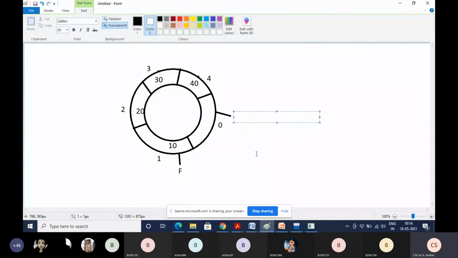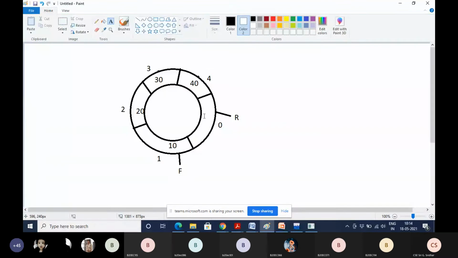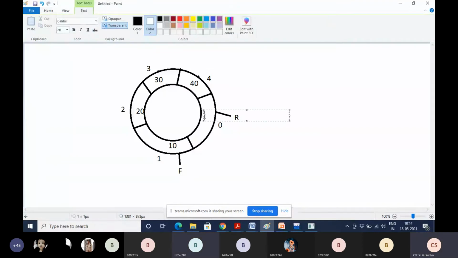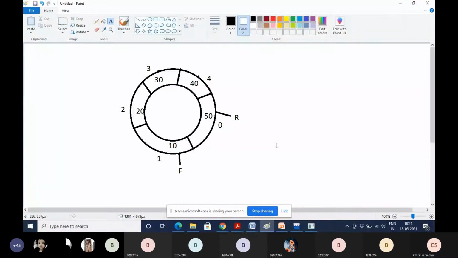Now, students, in this case, the circular queue is also full.